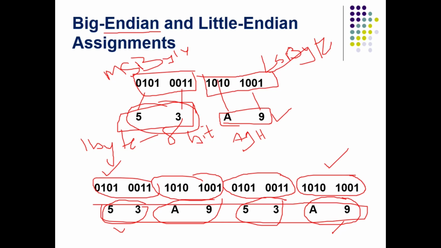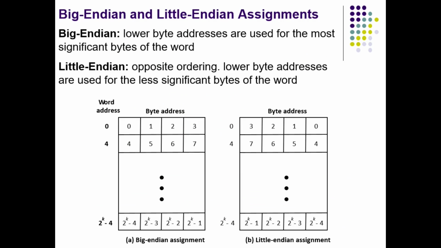Very clear, right? So we will study big endian and little endian. Now let us see big endian and little endian, two different types of assignments. It means when there is data, how do we store that data in different addresses, different bytes. There are two ways to store this. Big endian is one way, little endian is one more way. It is based on the processor. Any one method will be adopted. A few processors are big endian, a few processors follow little endian format. For example, Intel follows a little endian format.